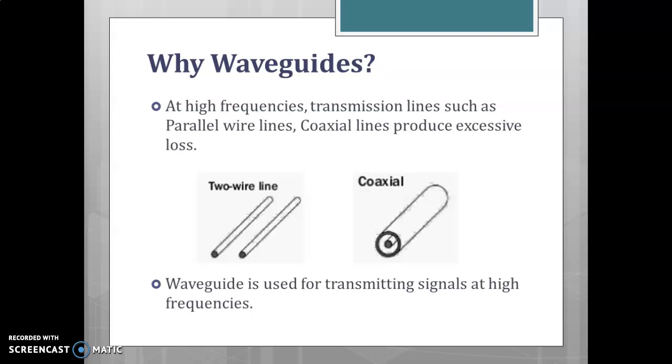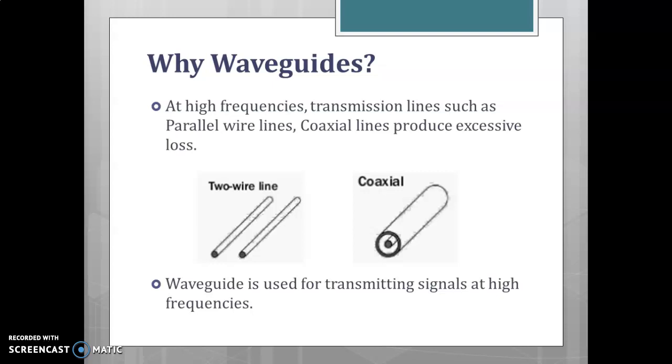But as the frequency increases, that is, in microwave frequencies, the transmission line becomes inefficient due to dielectric losses and conductor losses such as skin effect. This skin effect occurs at high frequencies. When the frequency is very high, the current will flow only in the surface of the conductor, that is, only in the skin of the conductor, and this phenomenon is referred to as skin effect. So we need to go for an alternative, and a waveguide is another means of achieving the same goal.